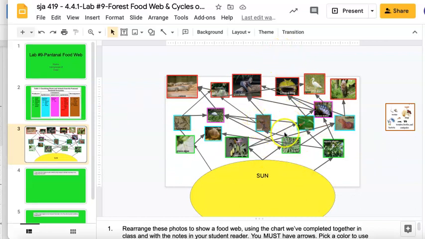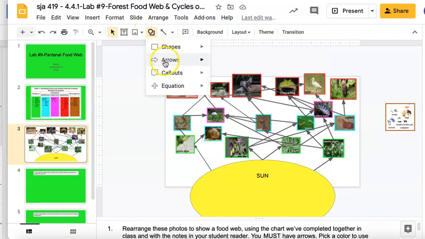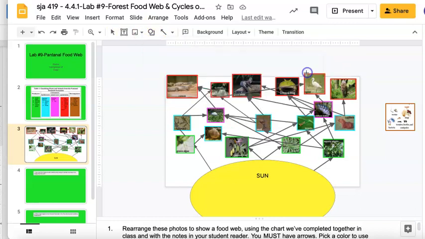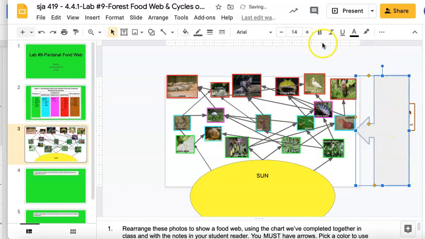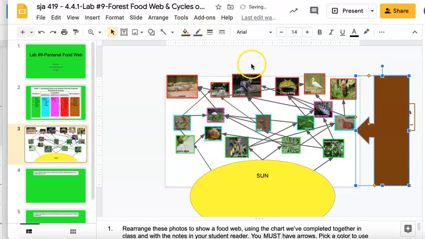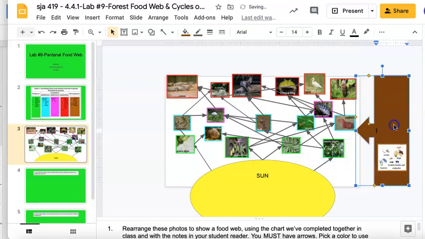Once you're done with finishing all those arrows, the last thing you're going to do is make a shape. And you are going to go to arrows, and you're going to click the one that has the left arrow callout, it's called. And it's that nice big rectangle with an arrow. And you're going to make this shape either the brown that you've chosen, or the black, or with a brown or black layout. And you're going to put that picture inside and write,